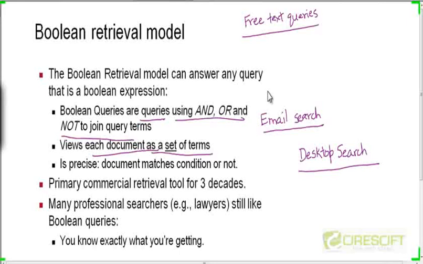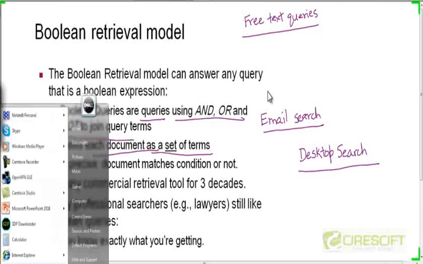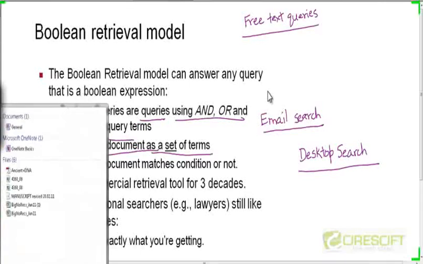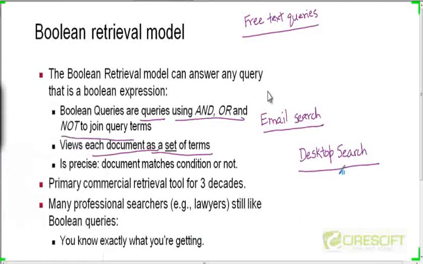Whereas here, the operating system would have already built this index, and it's just looking up the postings list for this particular term and immediately returning the documents in which this word appears. So this is the smallest scale IR system that you can think of, which is desktop search.